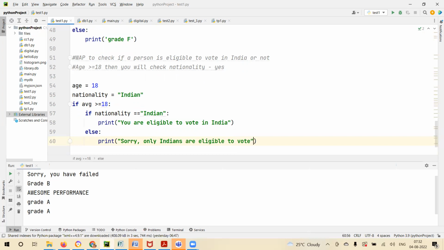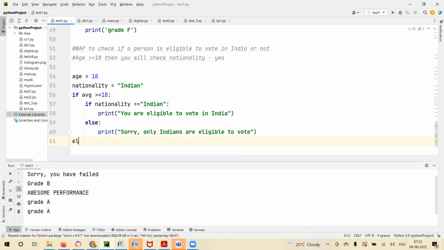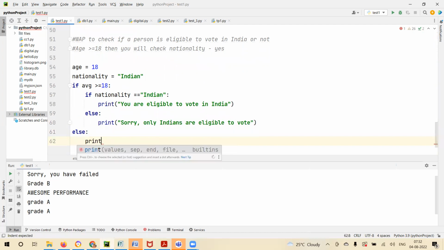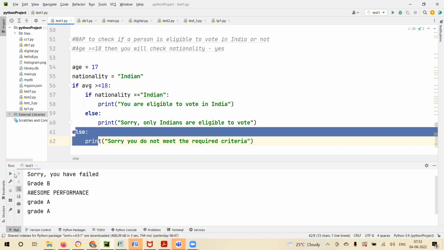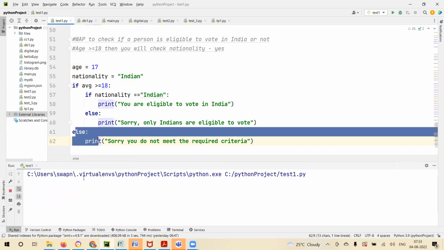Else, print, sorry, you do not meet the required criteria. Right? So now if I make it 17, this itself becomes false. So it'll go directly to this else, correct? So when you run it, you get,